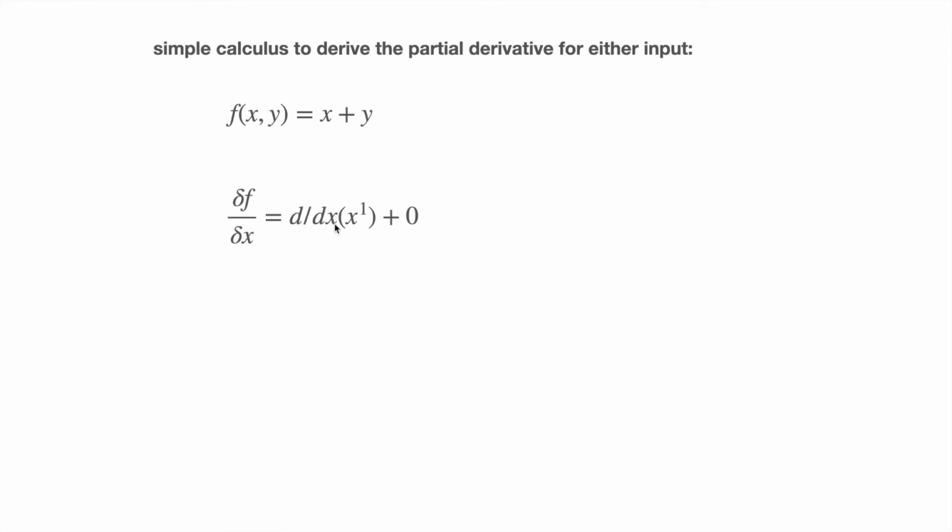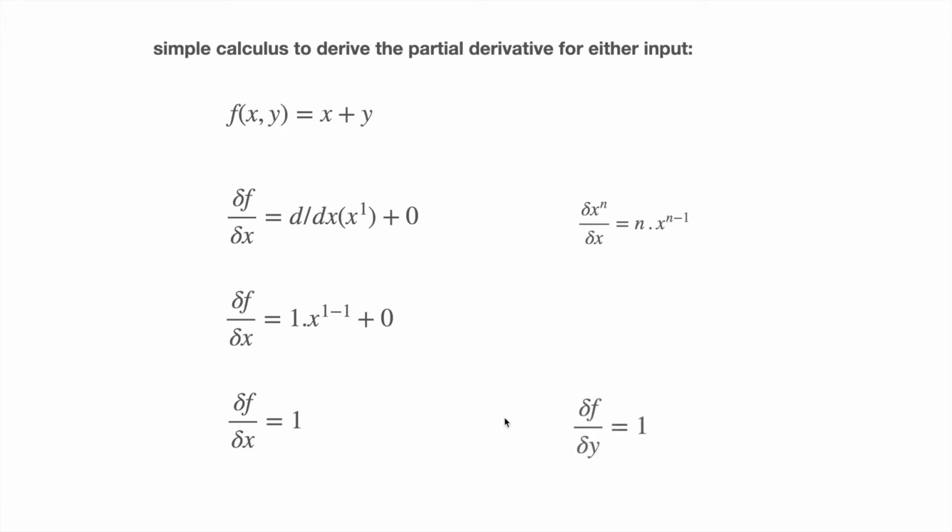We know that this can be written as partial d by dx of x to the power 1, and x can be written as x to the power 1, and the partial derivative of y, which is constant, that is 0. And we know that the derivative of x to the power n is nothing but n into x to the power n minus 1. So this becomes 1 into x to the power 1 minus 1, and 1 minus 1 is 0, and this is nothing but 1. So the partial derivative of function f with respect to x is 1.